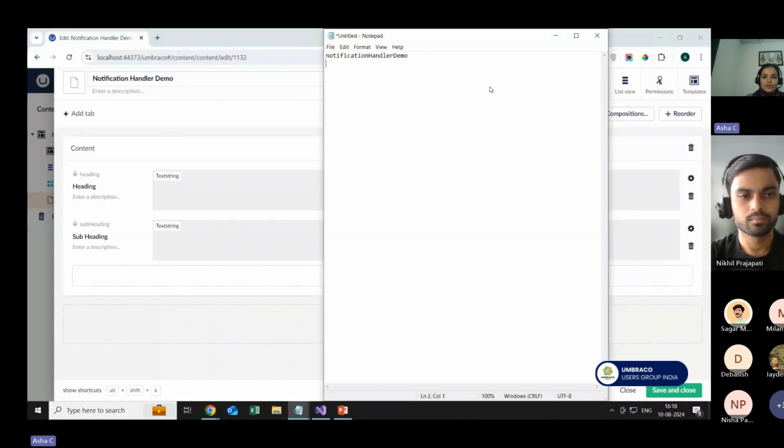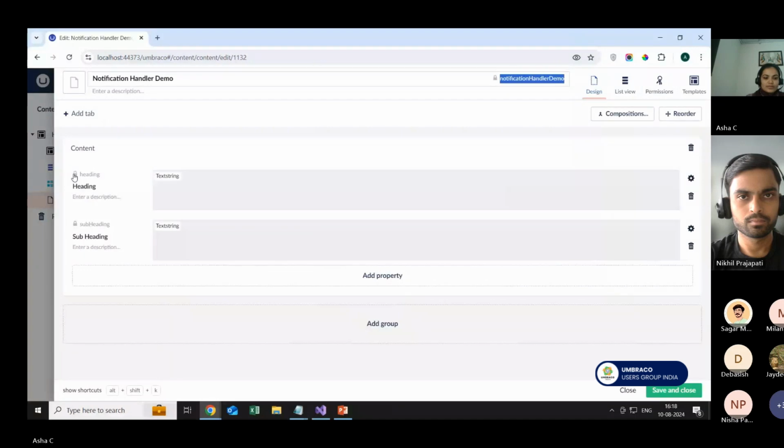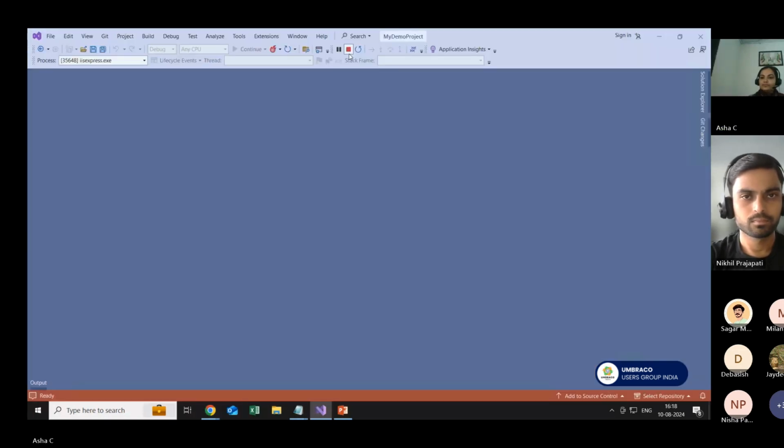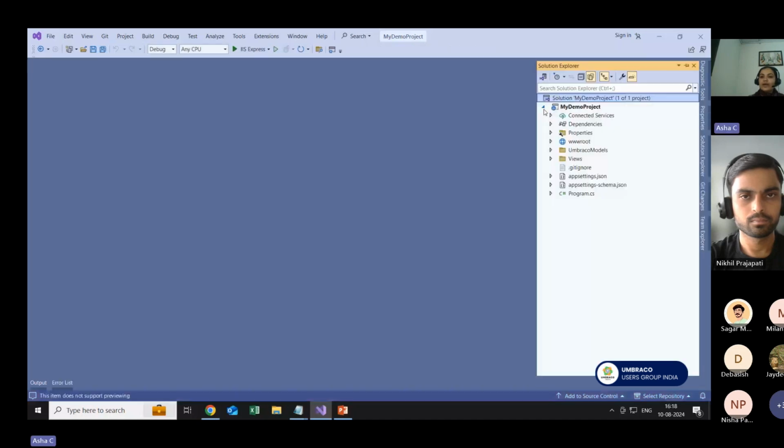This is our document types alias. This is our main property alias. And this is the secondary property alias. Okay. So now for this as well, as we have seen previously, we can set up our architecture for this